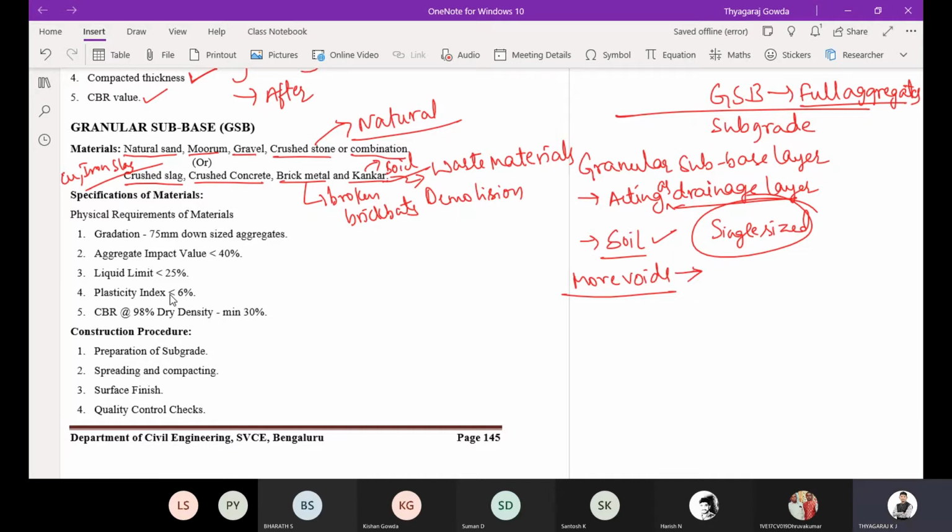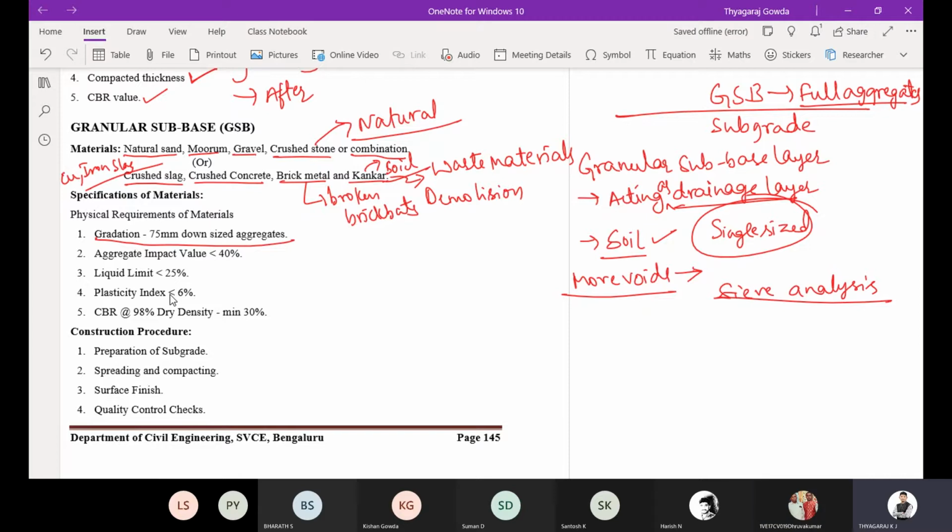Now, what are the requirements, material specifications of the GSB layer materials? You can observe here gradation, 75 mm and downsized aggregates. Gradation means sieve analysis, right? We know sieve analysis.